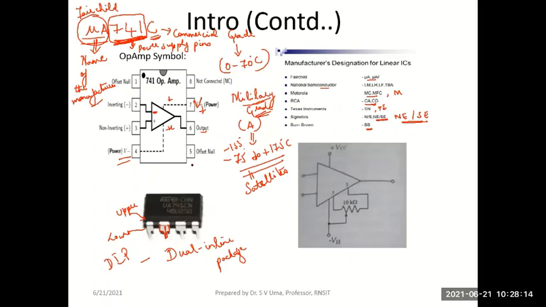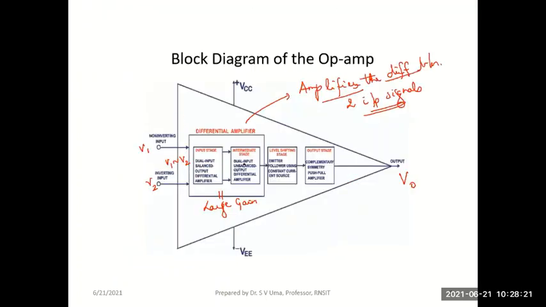The main reason they are provided is, remember, an op-amp has 2 differential amplifier stages. I showed you an op-amp has 2 stages of differential amplifiers. Ideally, when I make V1 equal to V2, or when I short both and connect to ground, then what do you expect the output voltage to be? You haven't given any difference in the 2 inputs, so it is 0. Both are shorted and connected to ground. You should expect the output to be 0.